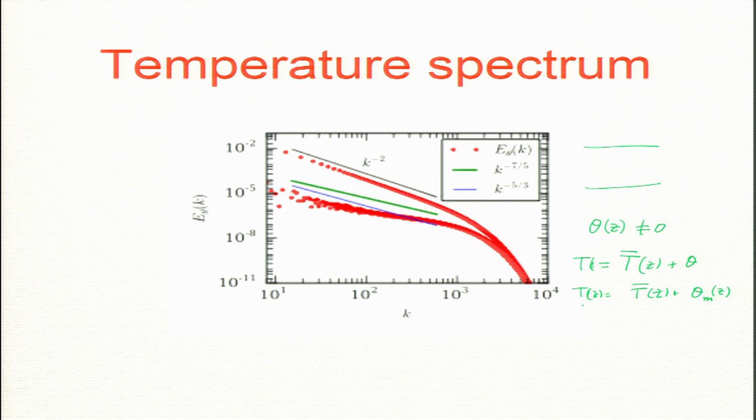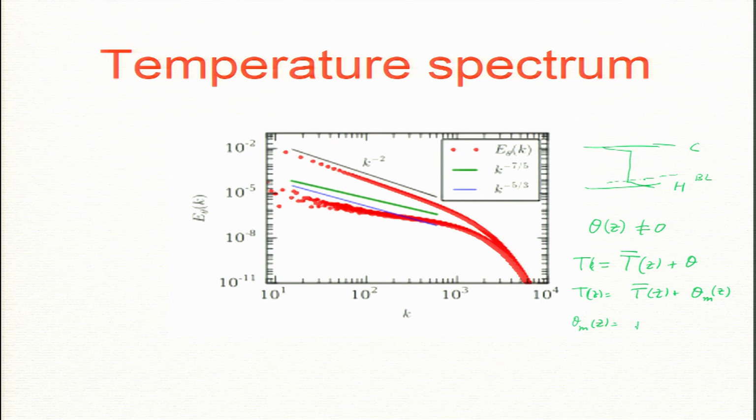So T of z for temperature, we know for thermal convection it looks like this. So this is hot plate and cold plate. So temperature decreases rapidly, is constant in the middle, and then decreases again. Okay. So near the plate there is a sharp drop in temperature. Now this is called boundary layer, which we will not discuss in this course. Near the boundary, any layer where things change very sharply is called boundary layer. So in the boundary layer temperature drops by half. If the whole drop is 1 unit, half at the bottom and half at the top, and in between is constant. So what do you expect for theta m of z?